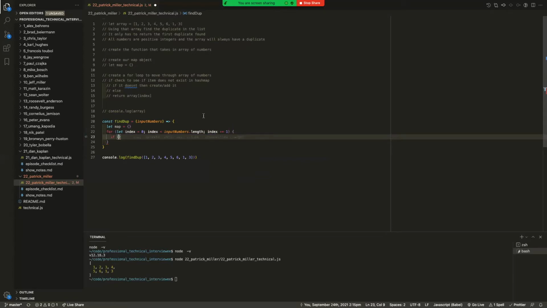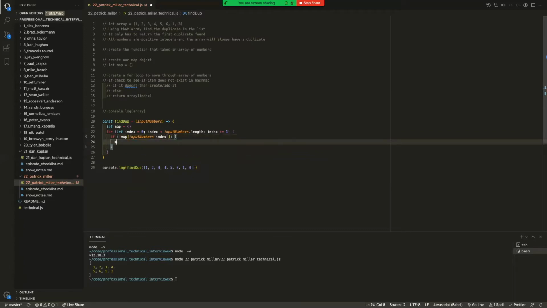So if map input numbers index doesn't exist, then map input numbers index equals 1.